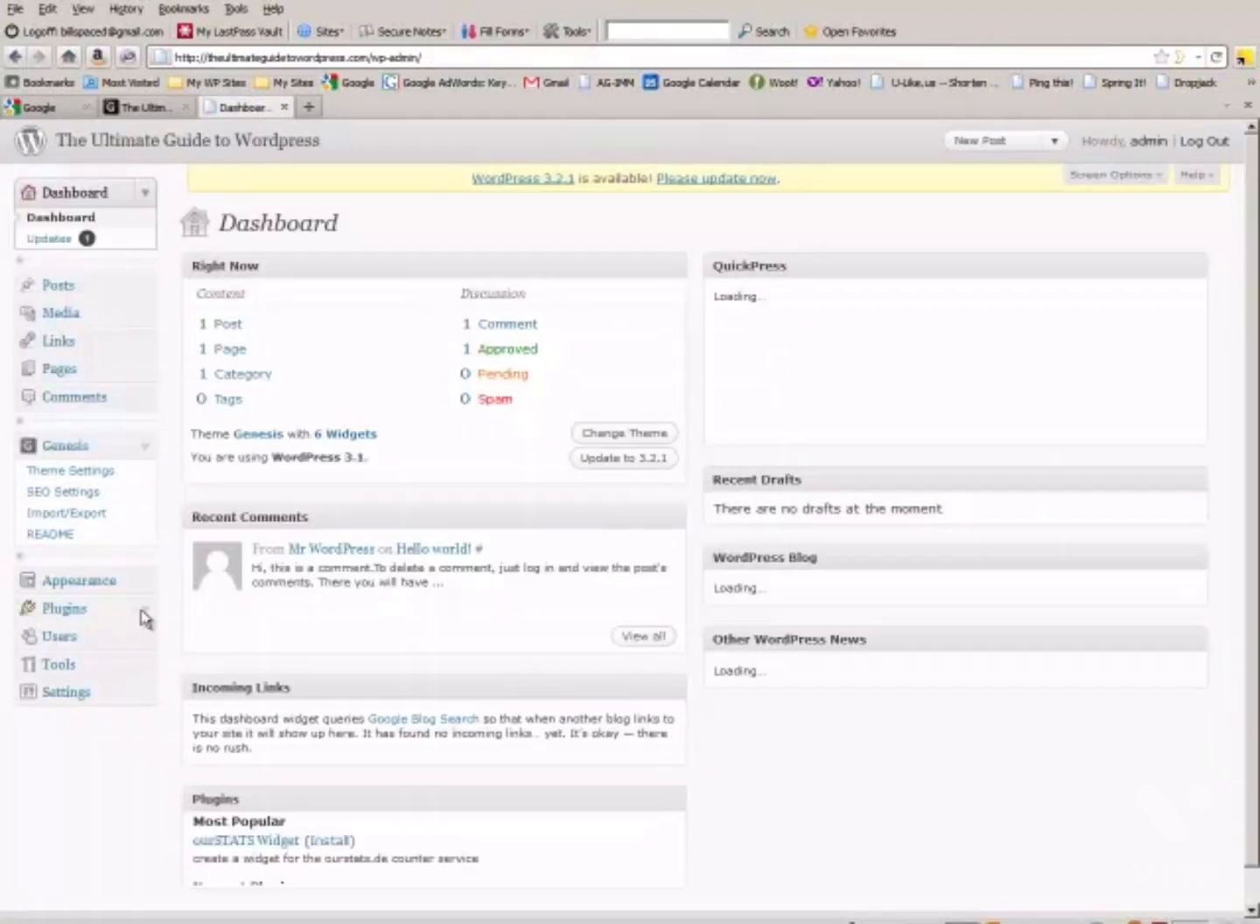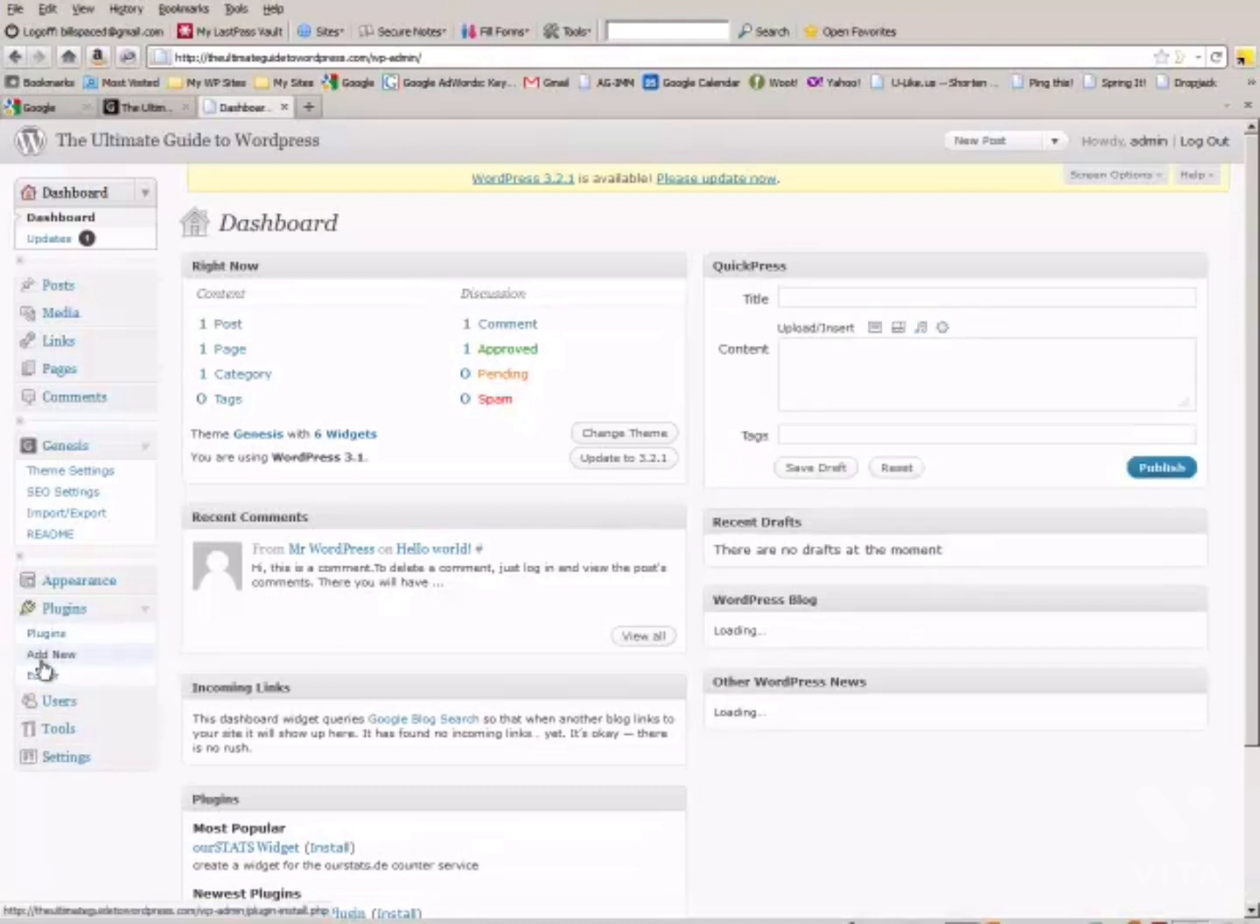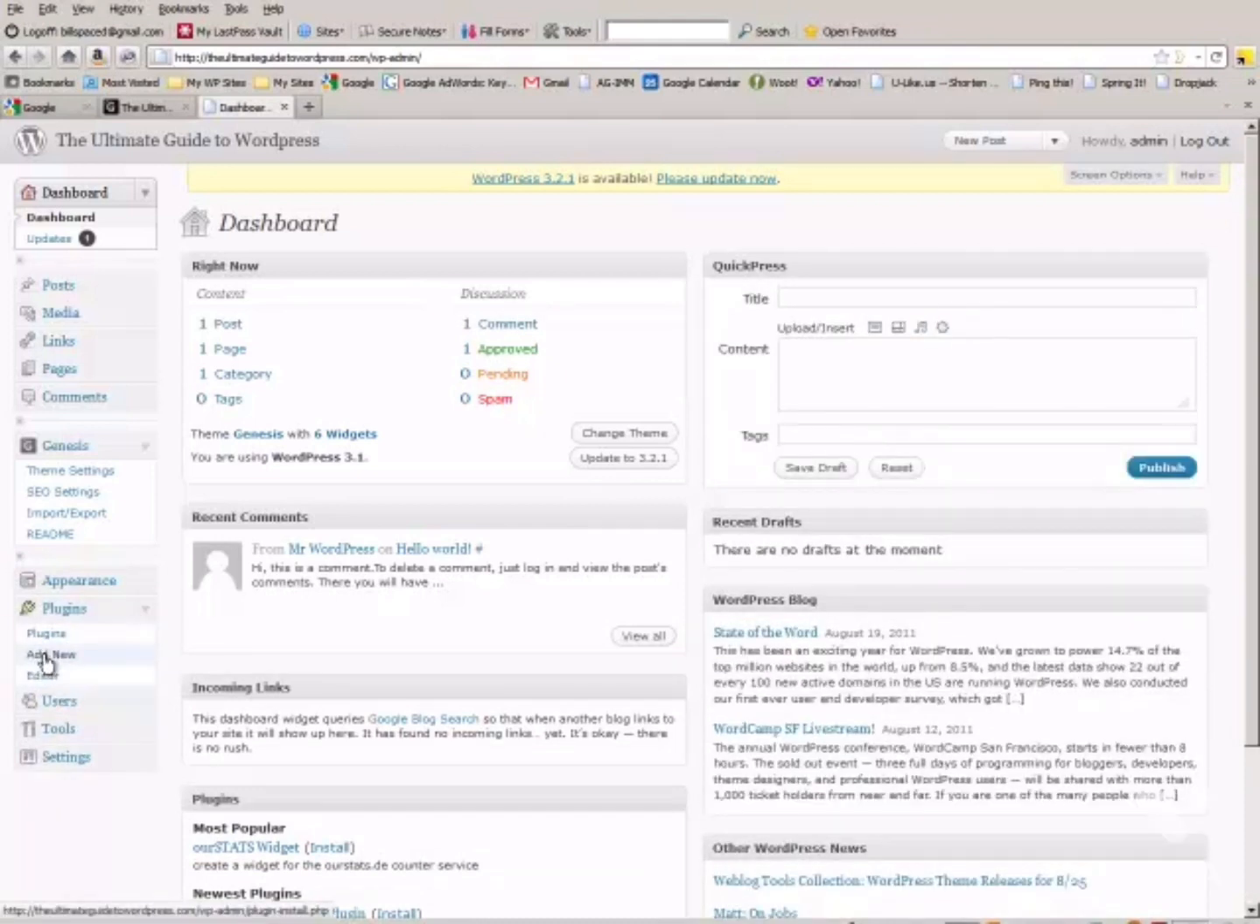The first and easiest way to install plugins is right through the dashboard. Click on plugins and then click on add new. And one of the plugins that we like, that we recommend, is Akismet. It's an anti-spam plugin that will really cut down on your comment spam. So type in that search term,